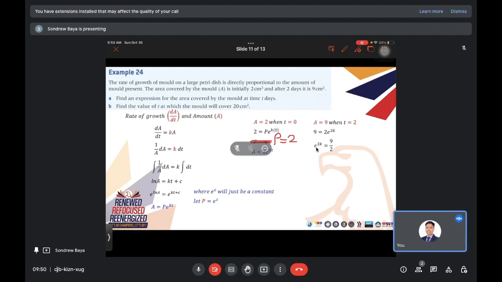So we now have the logarithm of 9 over 2, 9 over 2 being the value, to the base e, and this is equal to 2k. So when you do logarithms, the answer is the exponent. That's the answer to the logarithm. So we now have here the logarithm of